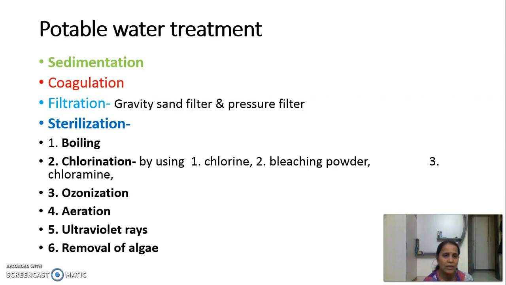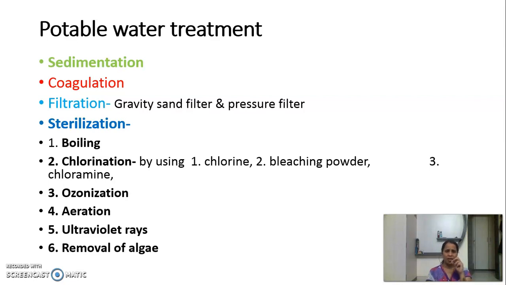Next sterilization technique is ozonization by means of passing ozone gas. Ozone formula O3, that is oxygenated oxygen. Remember, ozone again breaks into oxygen and nascent oxygen, and the generated nascent oxygen kills bacteria. In the above two techniques, I think you got the idea that the germ killing factor is nascent oxygen.